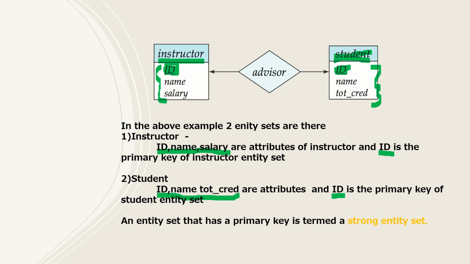If we have an entity set for which we can set a primary key, then such entity sets are called strong entity sets. This is the meaning of strong entity set. So here both instructor and student are strong entity sets. Why? Because for the instructor entity set we can set ID as a primary key, and in the case of a student, we can also set ID as a primary key.